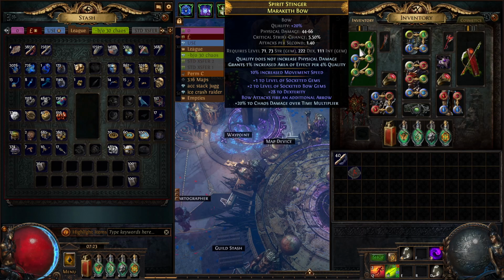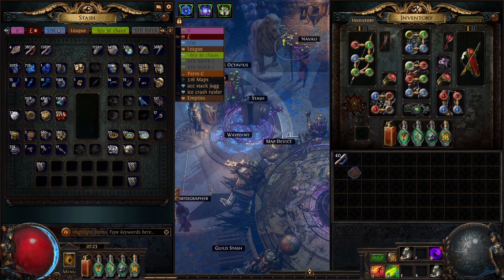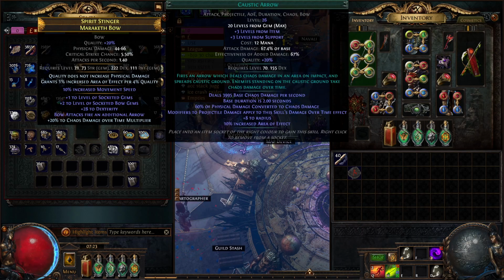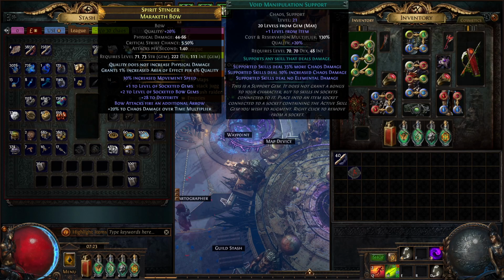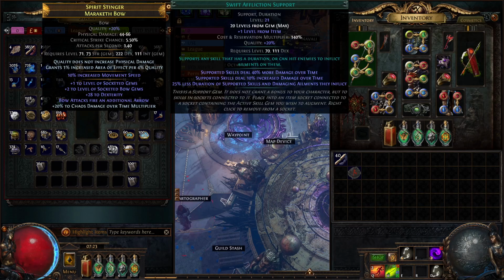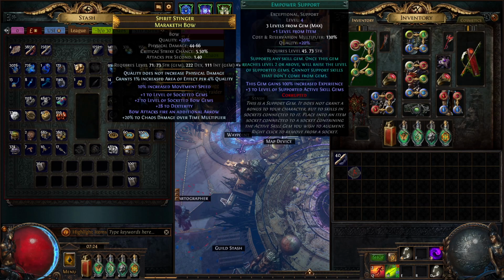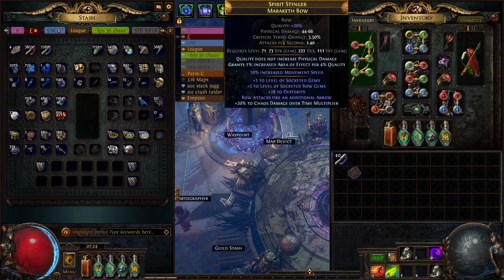So in the bow we have our caustic arrow set up. That should be a divergent caustic arrow if you're going into alt quality gems, and then we follow that up with void manipulation, which should be awakened, vicious projectiles and swift affliction. Again, all three of those should be awakened if you're going in top end. Then Concentrated Effect and a level 3 Empower, which is then buffed to level 4 from this particular crafted bow's